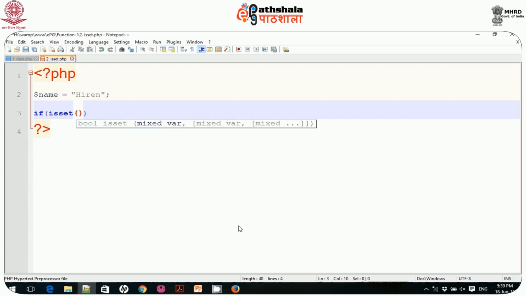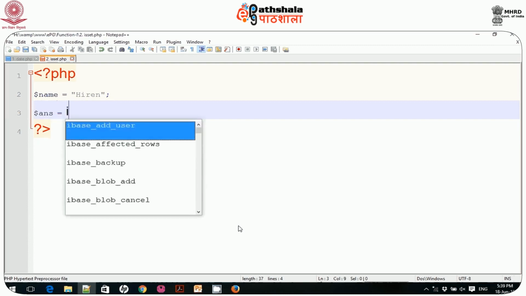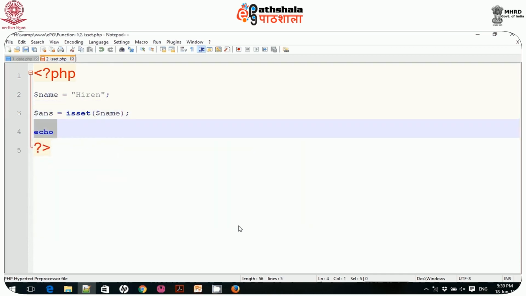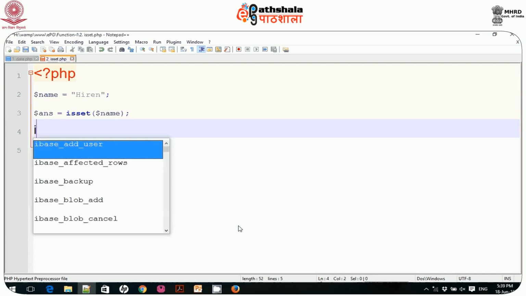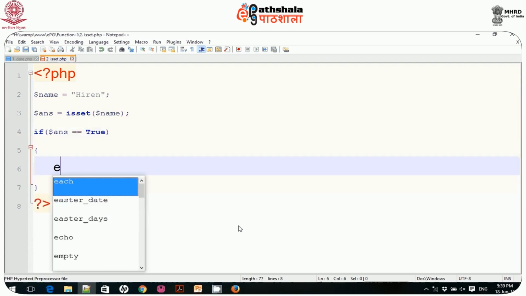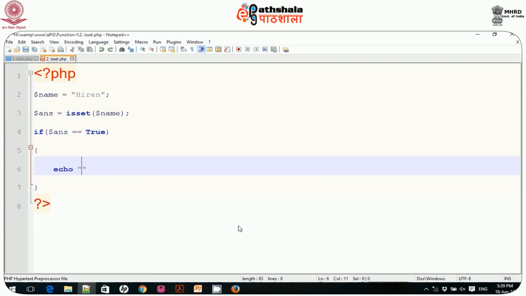isset($name), right? I can check, or you can write it as $answer is isset($name), and then you print. That means it will return true or false. So you can write if $answer is equal to true, then you write echo h1 or br